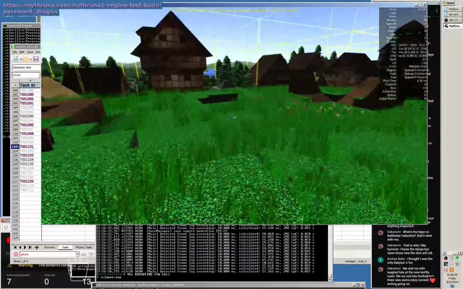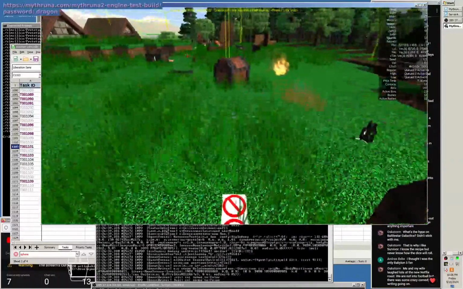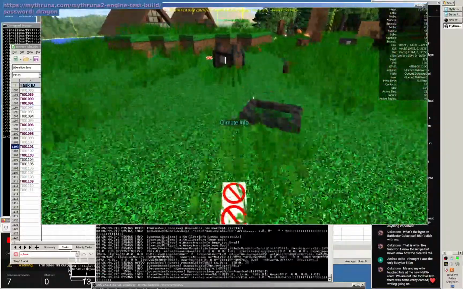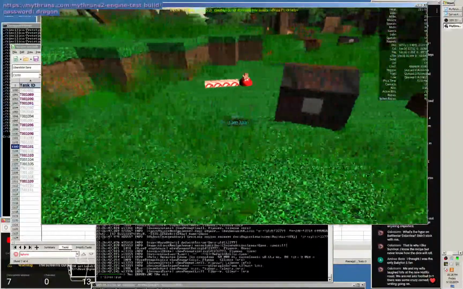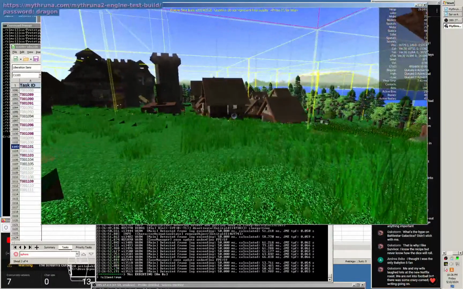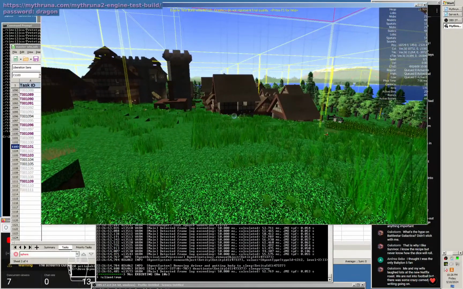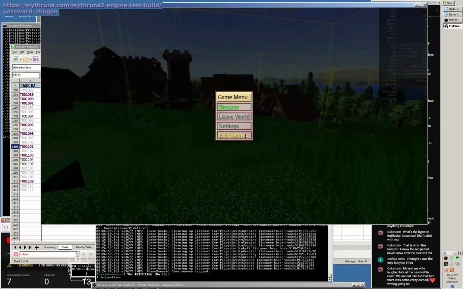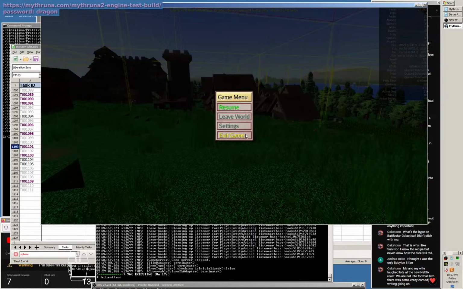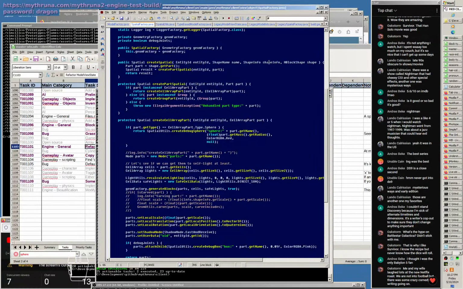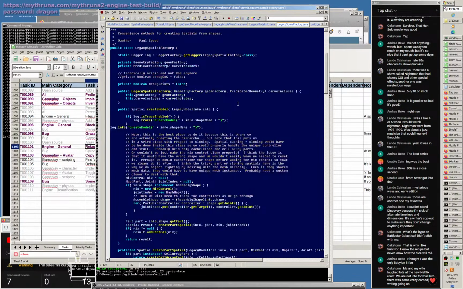So I cache the shapes, I cache the spatials. No, I don't cache the spatials. JMonkey Engine does, but I don't. So that's another thing I need to add, spatial caching, because the way I did the lighting now lets me do spatial caching. So what's next? Let me look at, maybe we can at least get the rigs loaded. So somewhere in here,